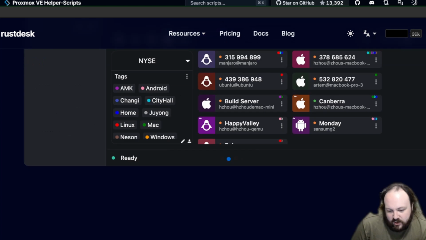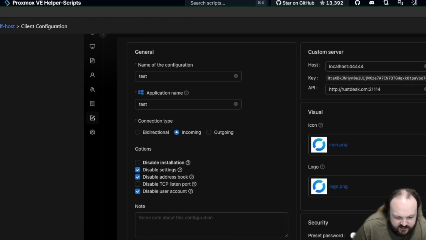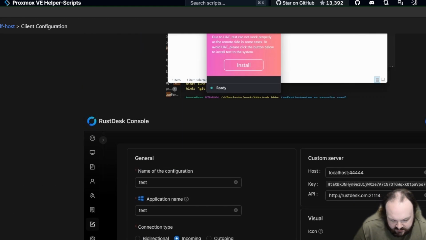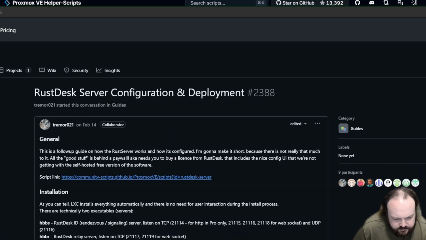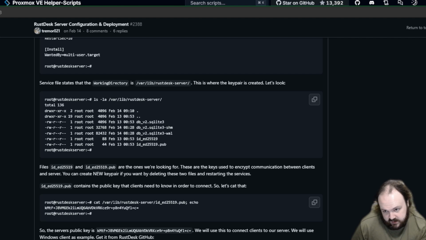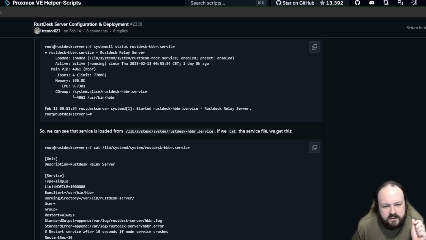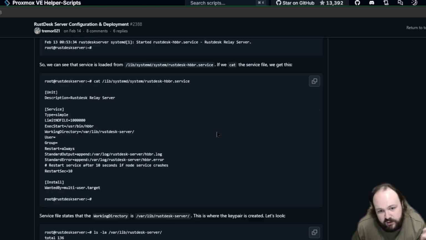Now there's a couple of ways to make it not a pain. So when I check through the documentation, which is mostly the enterprisey stuff, you don't get access to any of this console stuff. That's all enterprise. But what you do get is something I found here, which is how you can deploy the client. The way you're supposed to manage the deployment is, when you run that LXC script to install the Proxmox setup script for the LXC, when you query the service and find where the service is running from, it